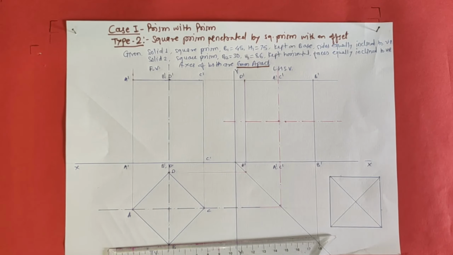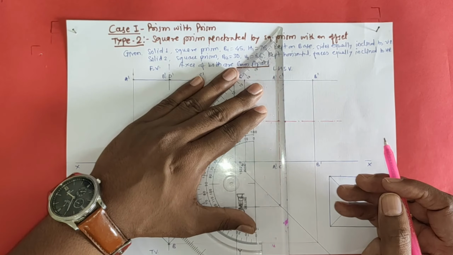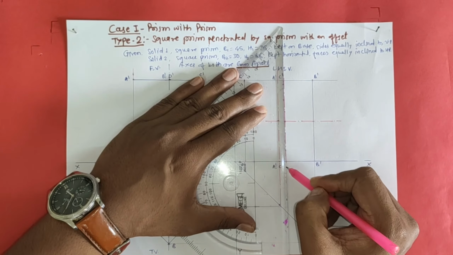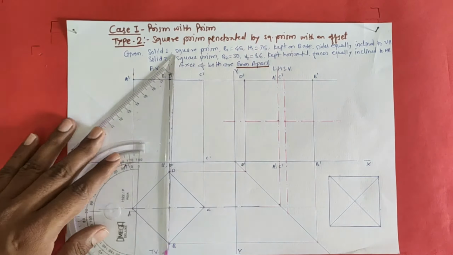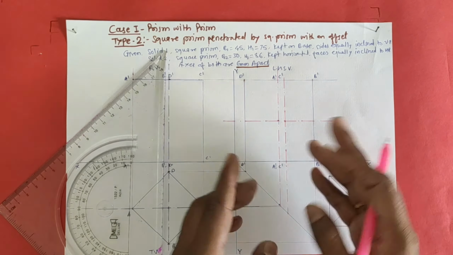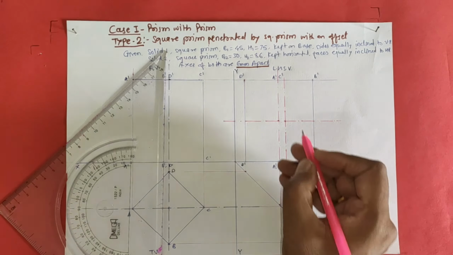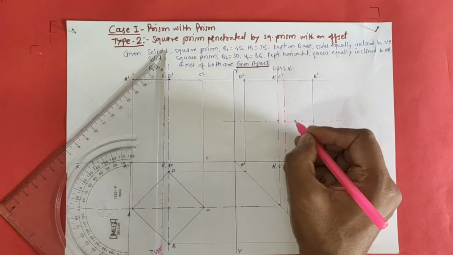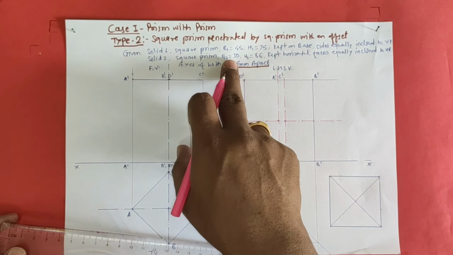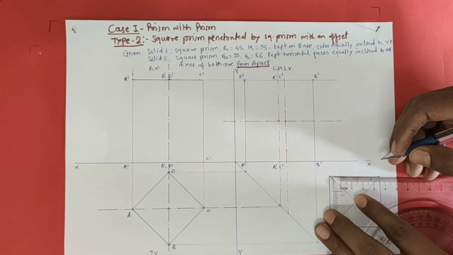Okay, now from this offset again I am going to draw a center line, vertical center line. Okay, so you can see this is the center line for the first square prism, and this is the second center line for the second solid, and the distance between them is 6 mm. Now what I should do, I should draw square. Now square is of edge of base 30 mm, so I will draw 30 by 30 mm square. Okay, so I will mark here 30 mm.